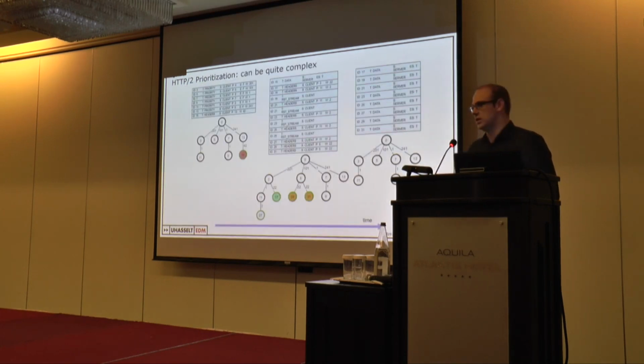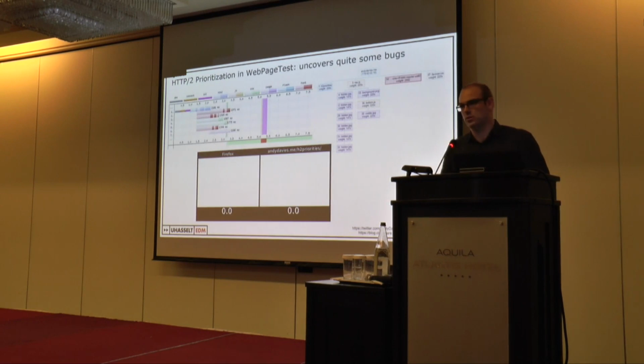So we also built a timeline priority tree visualizer, and for example, this is a Firefox setup, which is already quite a lot more complicated. Using these tools, we were able to assess implementation details and also find quite a few high-impact bugs. This was about 1.5 years ago, and about a month ago, I think, these things also started to show up in Pagetest. If you don't know Pagetest,